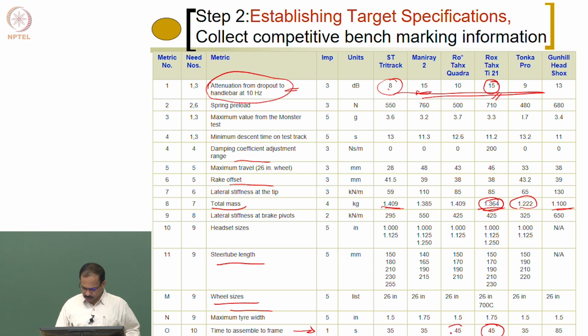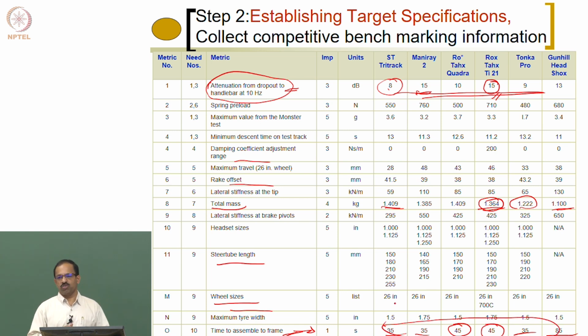Okay, and this is also 45, and these are 35, 35, 35. So all these are using 35, where customers are more or less satisfied, not very high. And this uses 45, so the satisfaction may be less. So you can decide to make it 35, or you can make it 45, or you can make it less than 35 also, so that customers will be more happy. But it may not always be possible to have a very random value like that. That's why you need to look at these values and then take a call on what approximate time you can consider for this particular metric.